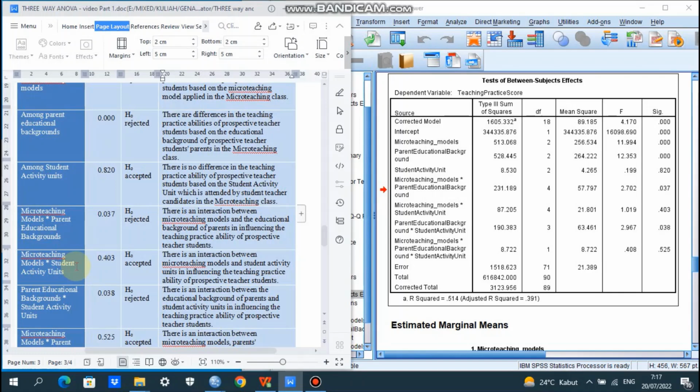Next, micro teaching models. Is there any interaction between micro teaching models and student activity unit? We look at the SPSS output here, and the significance shows 0.403, which is more than 0.05. So it can be concluded that H0 is accepted.